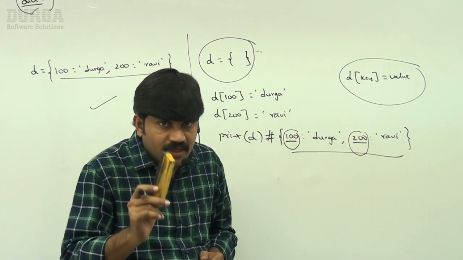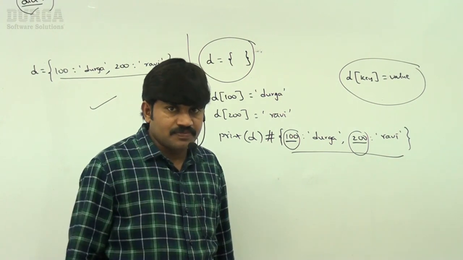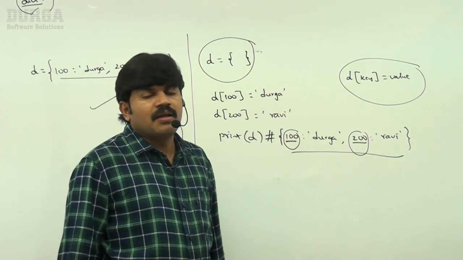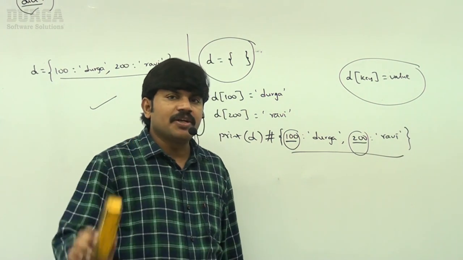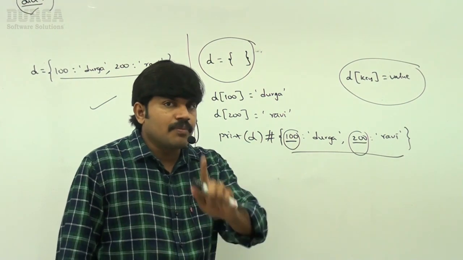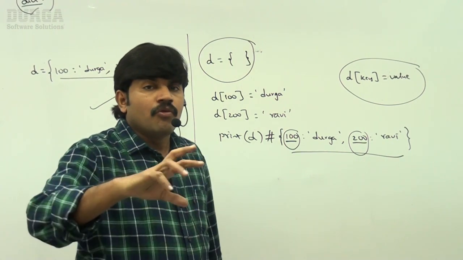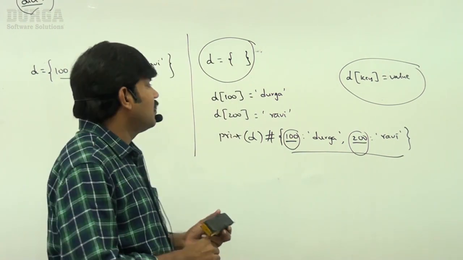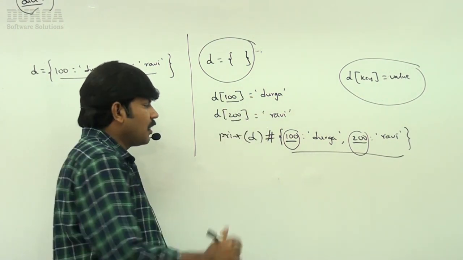Now my question is, are duplicate keys allowed or not allowed? Very important: duplicate keys are not allowed, but values can be duplicated, no problem at all. Then if I try to insert one key-value pair with a duplicate key, what will happen? Observe, keys 100 and 200 are already available. Now